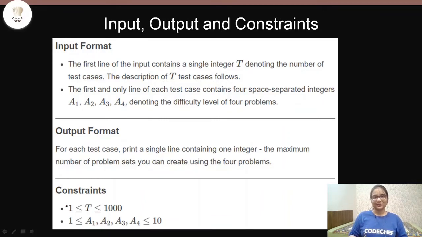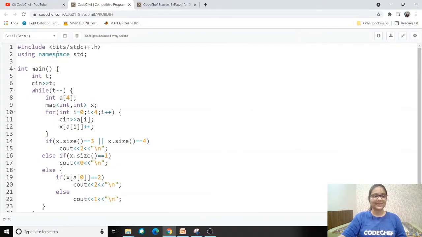Now let us see the code. The code will be in C++. Here you can see the first few lines are the input. Then I have taken int A[4], in which I will be taking input for the 4 difficulty levels of each